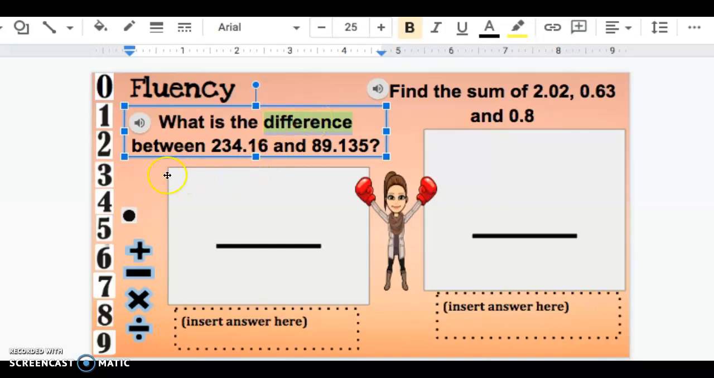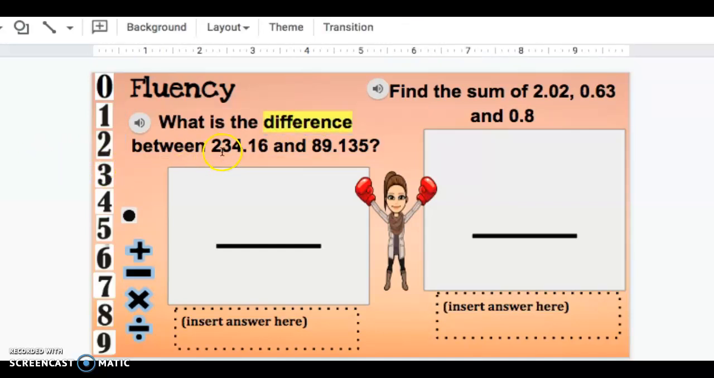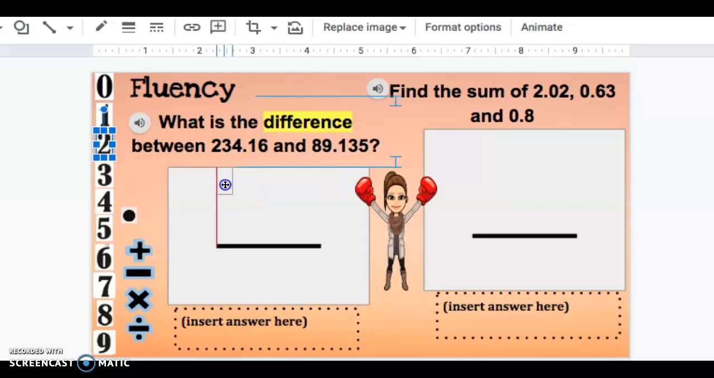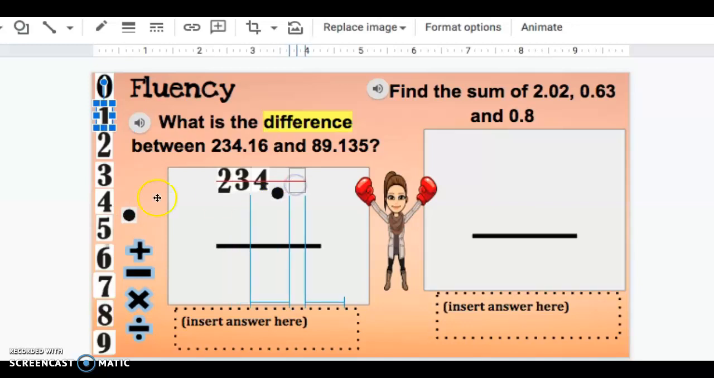So I highlighted that. The next thing that I'm going to do is start by putting my bigger number on top. So I have 234 point 16, and then I will subtract